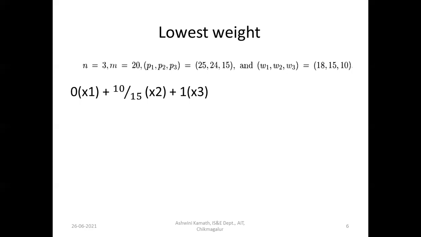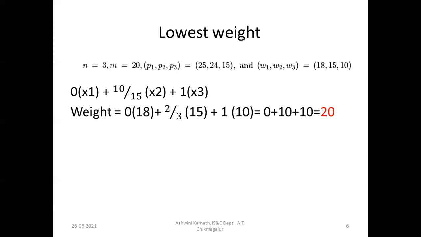And for the first item, there is no space in the knapsack, so the first item will not be added. I hope you are getting it. With the least weight method, we add the least weighted item entirely first. Then we check the remaining capacity of the knapsack, and with the remaining capacity, we can add a fraction of the second item, or if we can add that also completely, add it, and check whether we have space to add the third item. If we have the space to add the third item, again, add it. It will continue until we add all the items or until the capacity of the knapsack is filled.